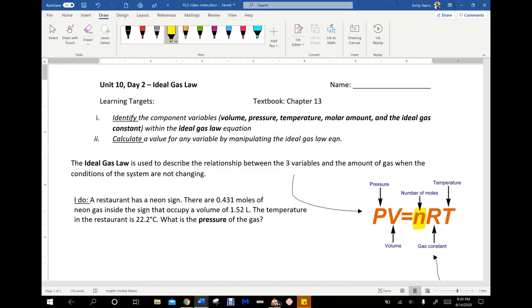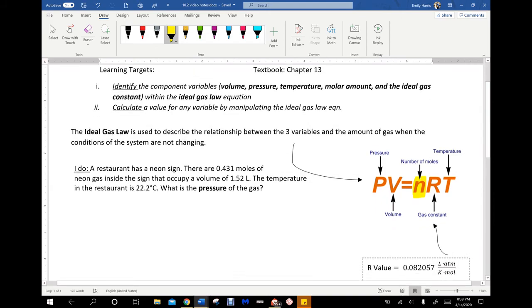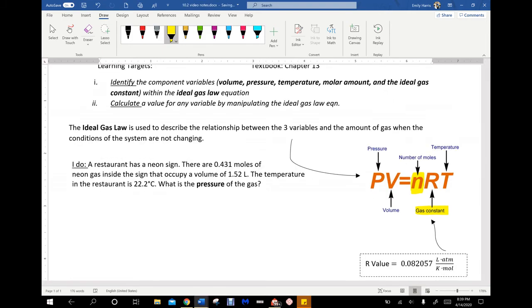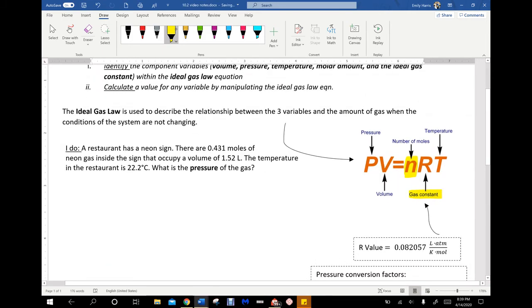You should recognize the variables pressure, P, volume, V, and temperature, T. N, again, is amount in moles. And then we also have a new variable here, a big R. This is referred to as the gas constant, and it has a set value of